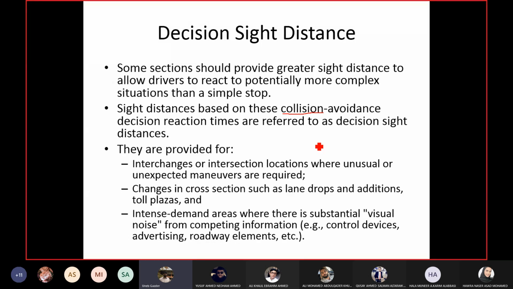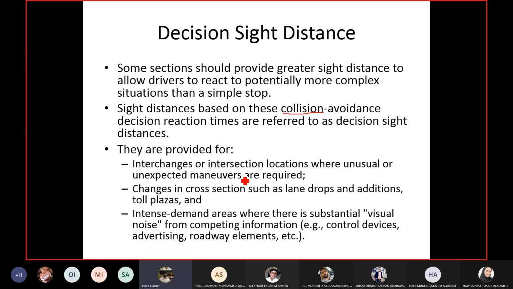Now, what type of locations may have complex situations of avoidance maneuvers or collision avoidance? Some examples are given here, like interchanges and intersections. Again, just to refresh your memories, interchanges are where roads intersect at different levels and you provide a ramp to go from one road to the other. So you have a bridge and the road at ground level, and then you take a ramp to go to the bridge. The connection of the ramp is the interchange. Or the ground level and a tunnel, again you will have a ramp. An intersection is where two roads intersect at the same level.